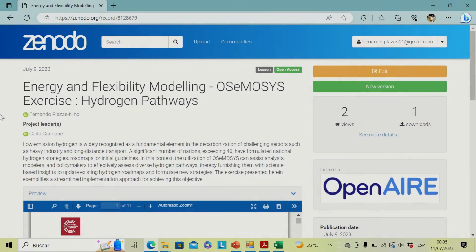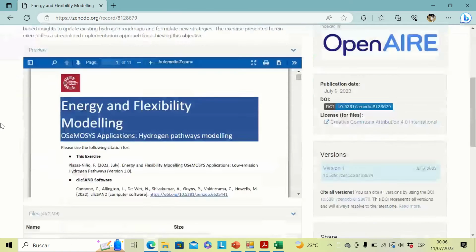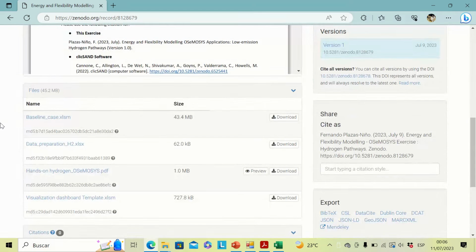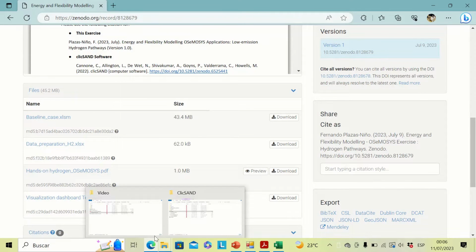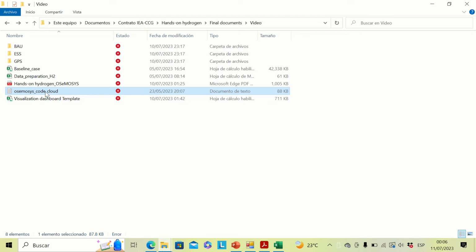Good day, everyone. In this exercise, we will explore how to model hydrogen pathways using OSeMOSYS. The first step is to go to this GitHub repository. The link to the repository is provided in the description of this video. Please download all the files that you can find here and save them in a separate folder, including the OSeMOSYS code, and also create 3 new folders for saving the information that we are going to model in this